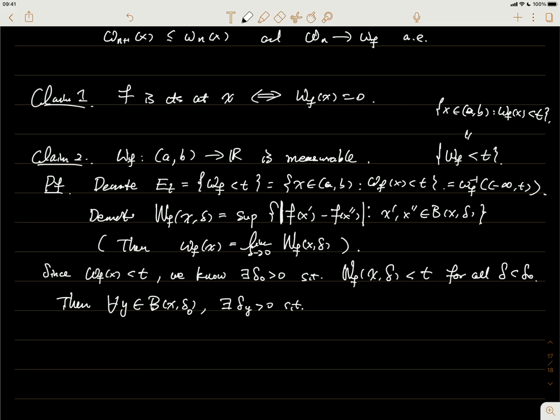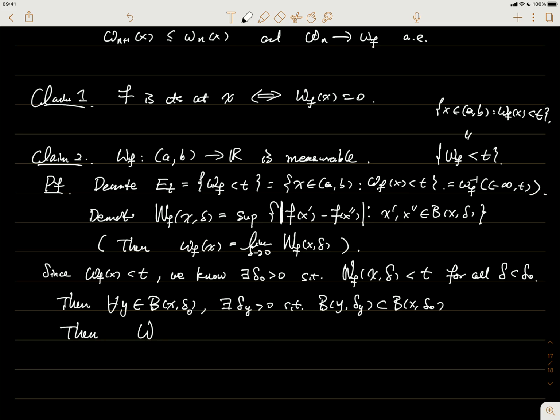So B(y, delta y) is a subset of B(x, delta 0). Okay, it's also an open interval, and it's in a bigger interval. This delta y could be pretty small, but I know there must be such a delta y. And then